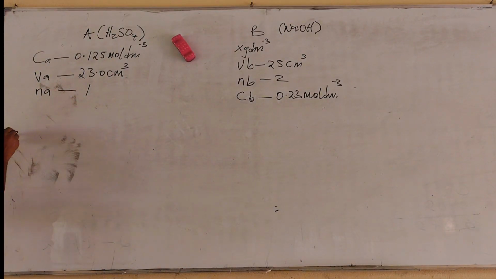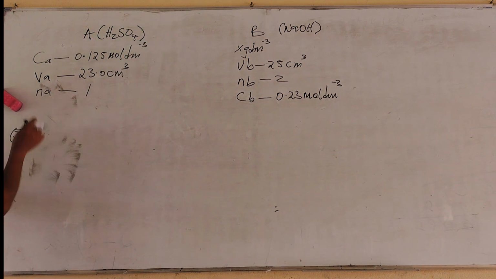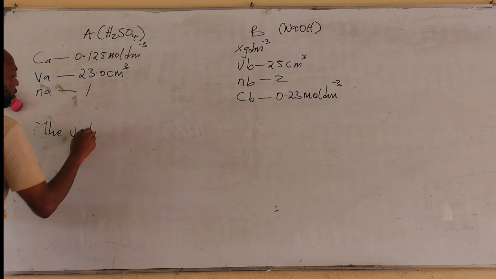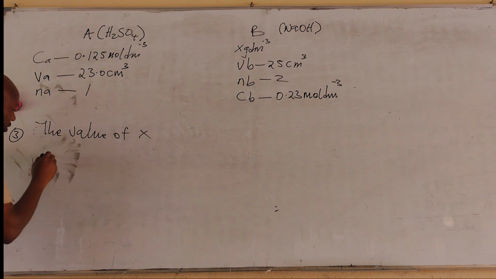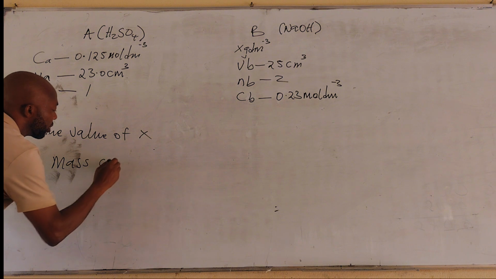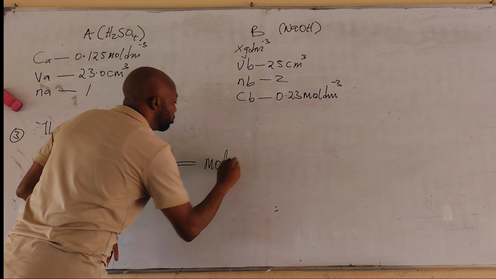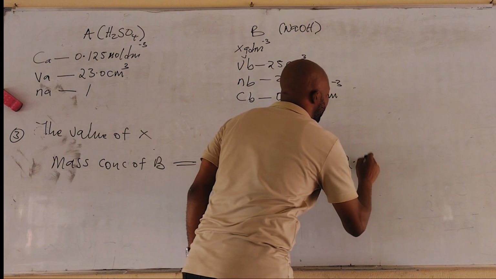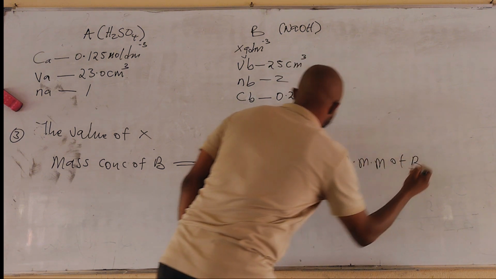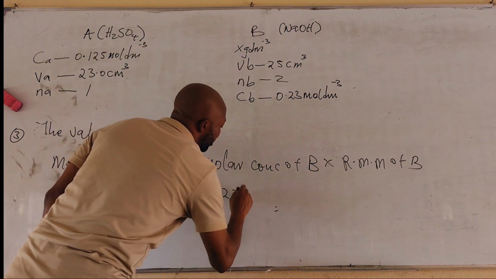So let's see what we do then. Now, the third question says, calculate the value of x. Now, for us to get the value of x, which we understand is the mass concentration of the base, then we say mass concentration of B is equal to molar concentration of B times relative molecular mass of B. And the molar concentration of B is 0.23 mole per dm cube